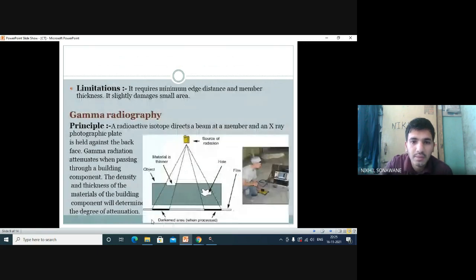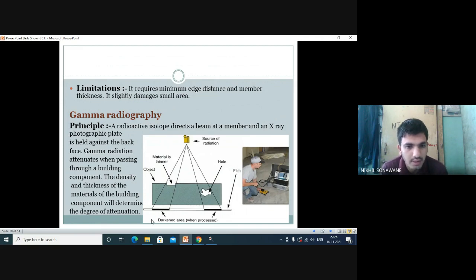And limitation is it slightly damages a small area. This is the one limitation mainly, and minimum edge distance is required. And gamma radiography, as the name suggests, gamma rays are there which will penetrate into the surface which we have to test, and it will show the exact image where the cracks are present or where the uncertainties are,